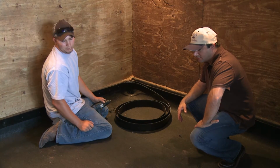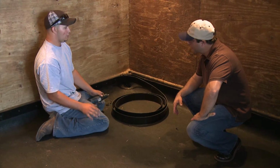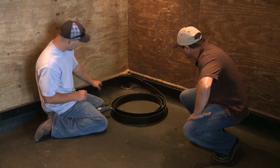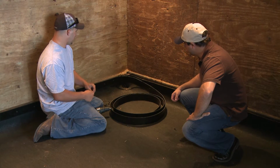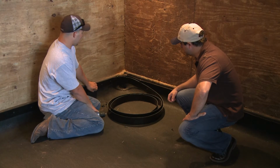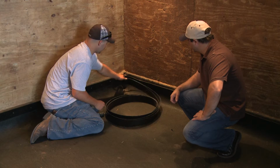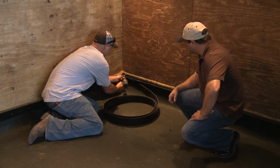It's really quite simple. You roll the mat out with the shiny side up, you square up your edges and run the flaps up the wall, and then you just take your molding and run it at whatever height you'd like, it doesn't really matter, and use the screws that are provided with the kit to fix it to the wall. And then when you get to your corners here, we just fold them over, you don't cut the corners, and you take the molding and press it into the corner here and put a screw in it,